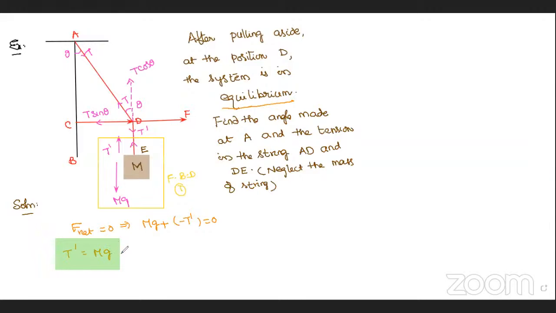So T dash equals mg. Good. And then look at the point D. This is equation 1. And if I come to here, who is this? Madhuri. Then here, if I come to the point D,